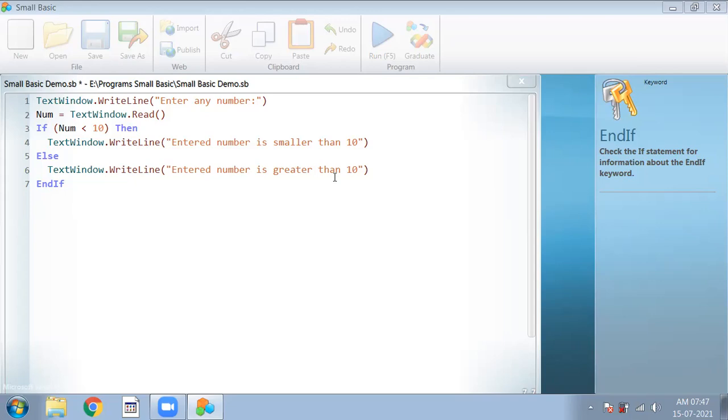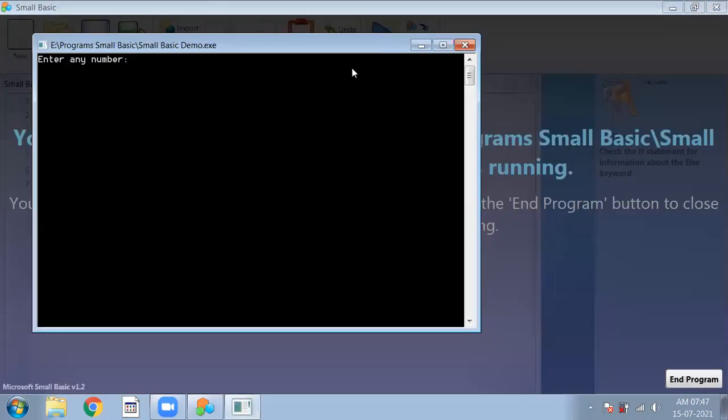If we input any number smaller than 10, then it will execute the if part. This one is called the if part or if block, and the one just after else is called the else block. The statement in between if and else comes under which block? The if block.